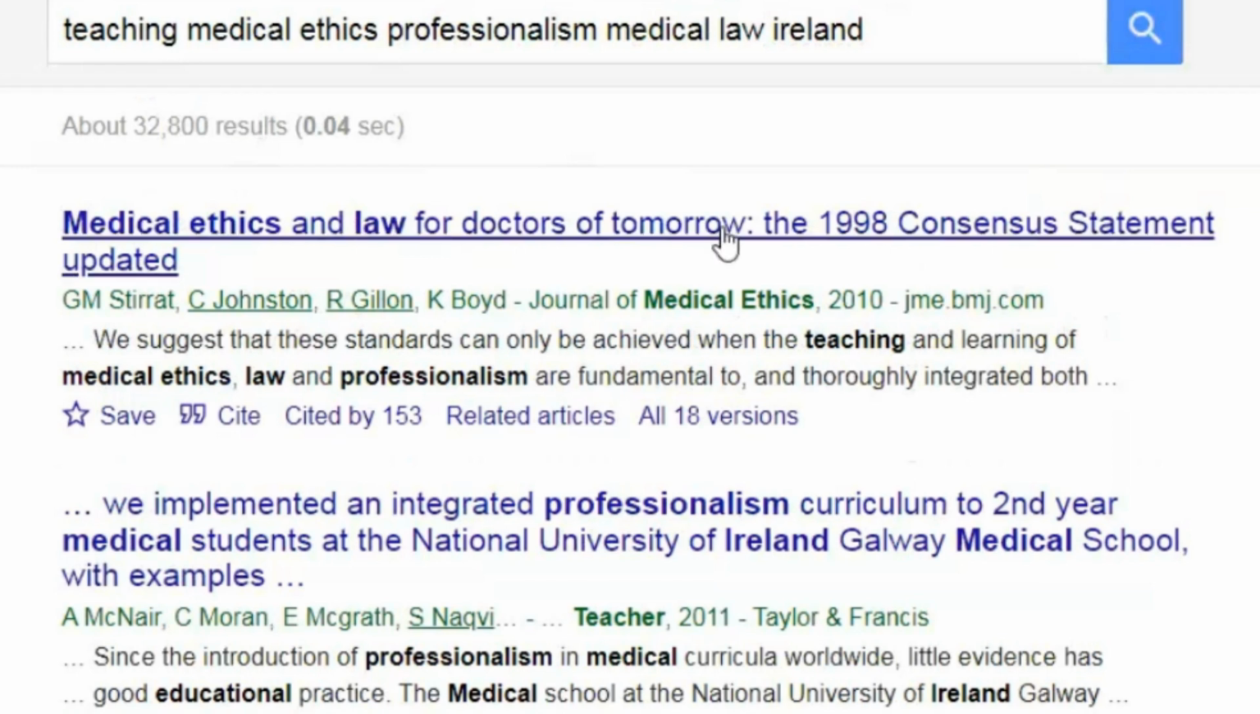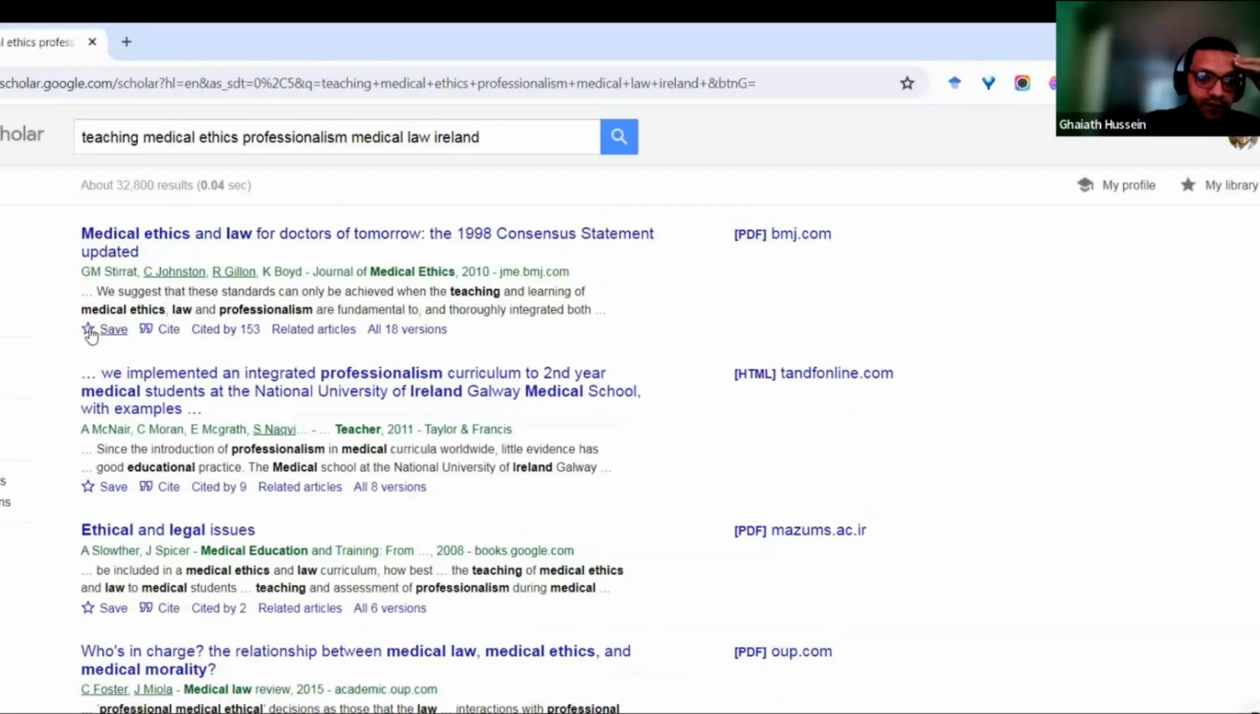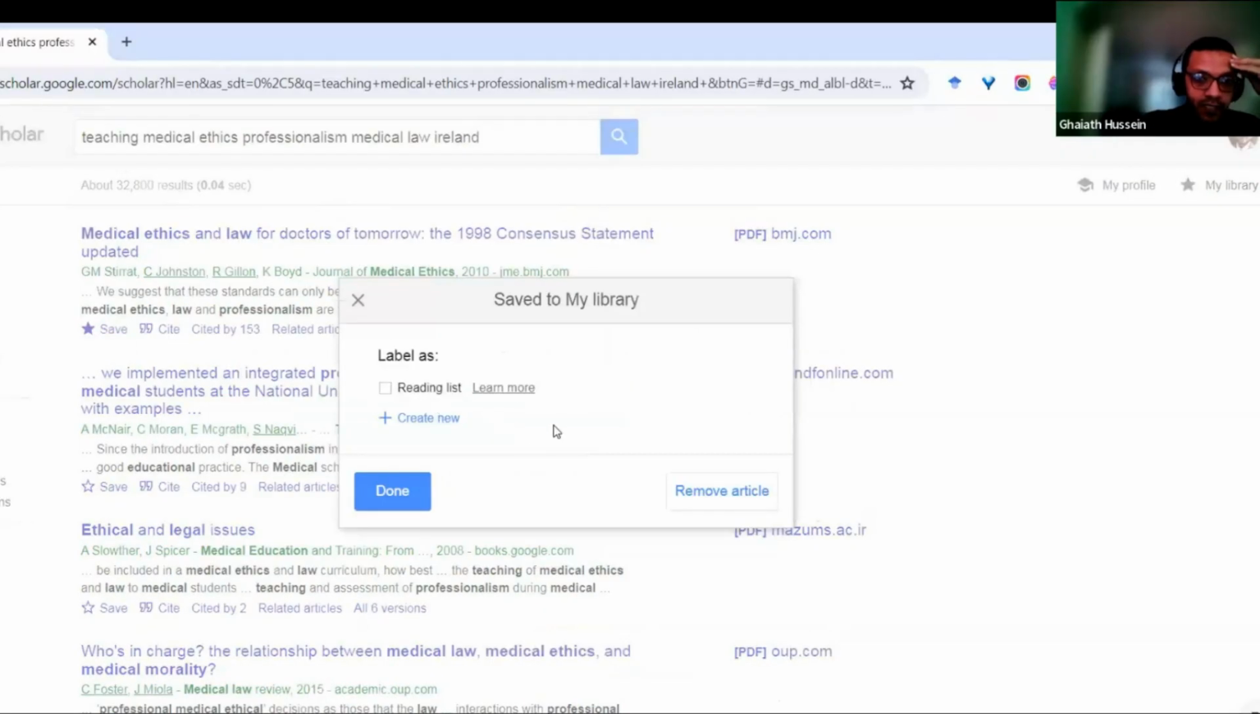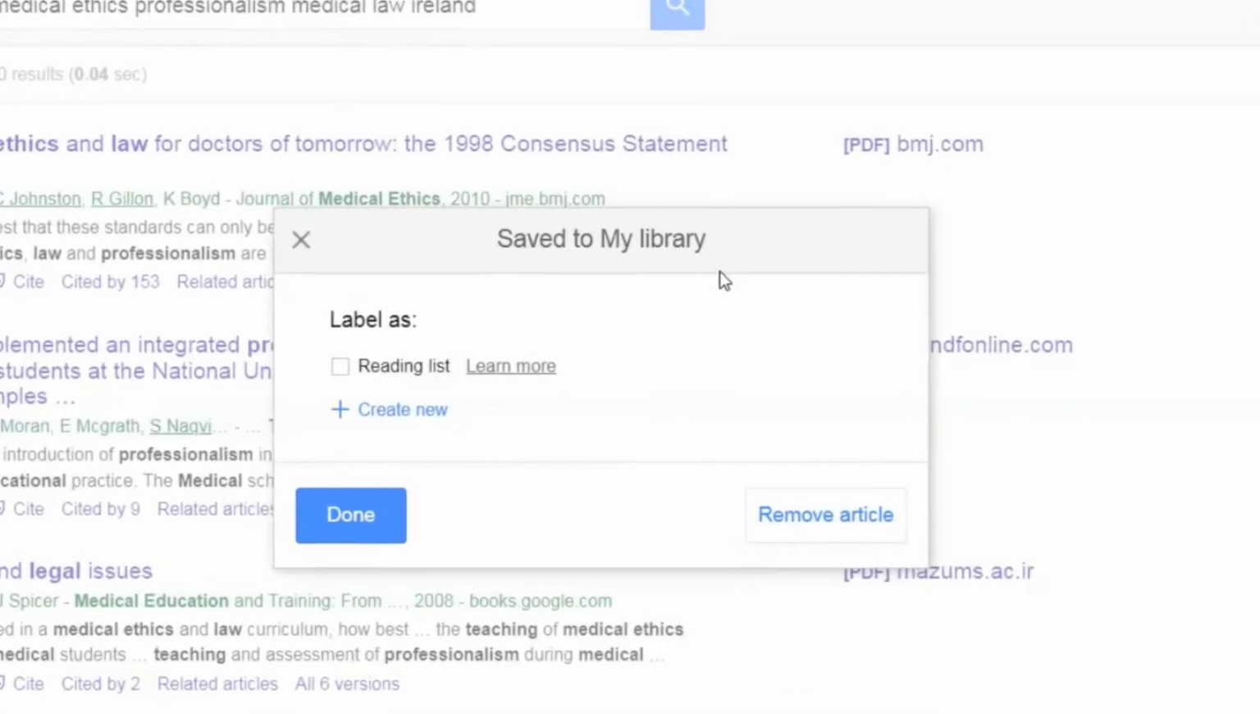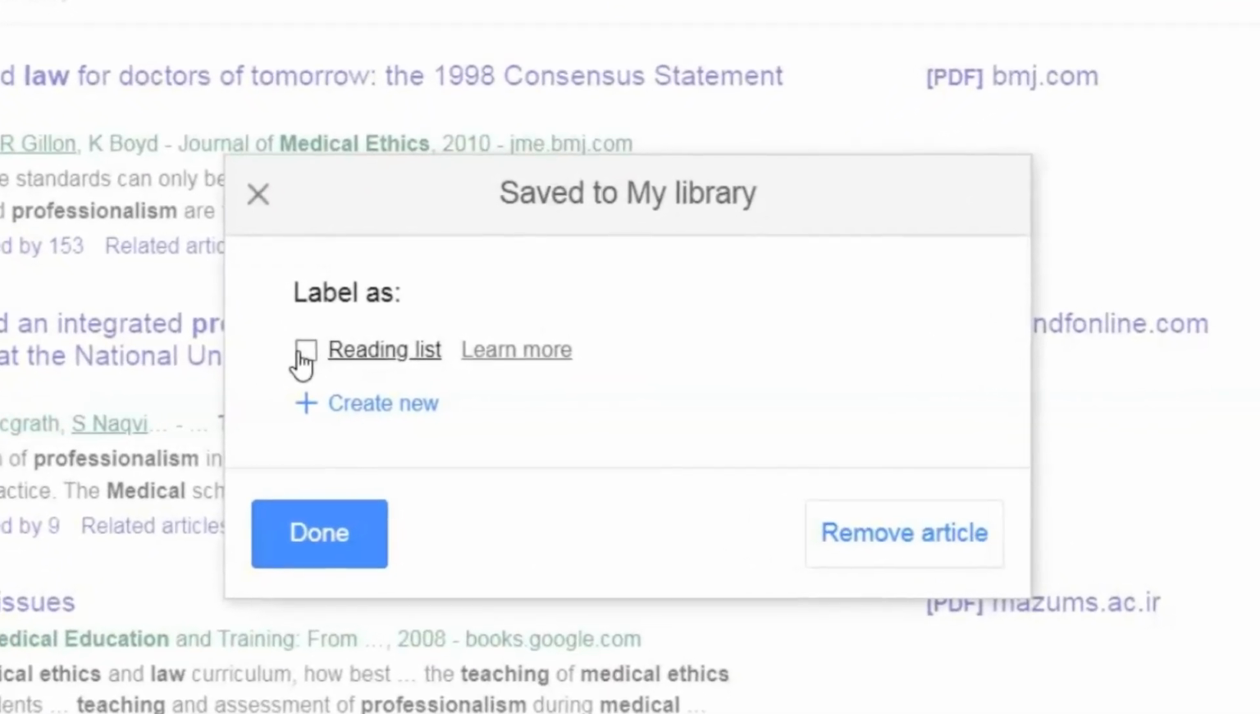The PDF version of it. Save. If I click save, then it will be saved into... Yes. Now, did you see the pop-up? Save to my library. Okay, you can add it to your reading list, which is kind of like general, or you can create new,